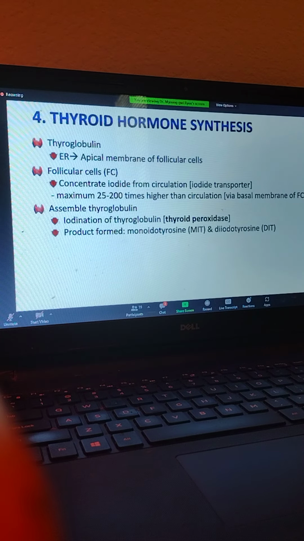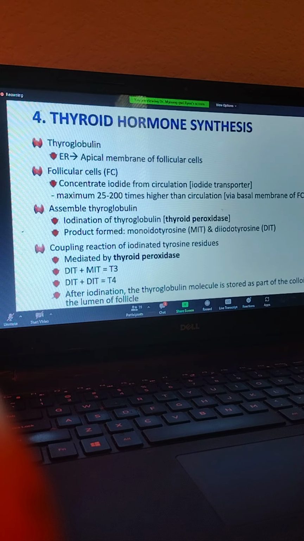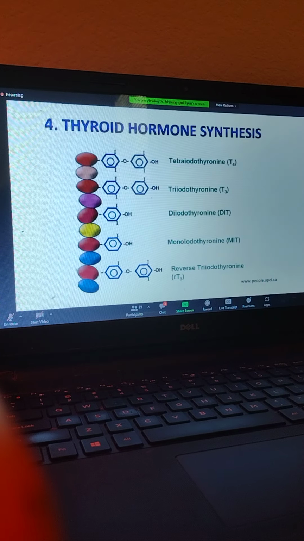Okay, and then after MIT and DIT are formed, we're going to have another coupling. These couplings also require thyroid peroxidase. So if you have DIT and MIT binding together, it's kind of 2 plus 1, 3, right? And then DIT plus DIT, 2 plus 2, T4. So in the thyroglobulin, we're going to have various forms of iodinated products like this,